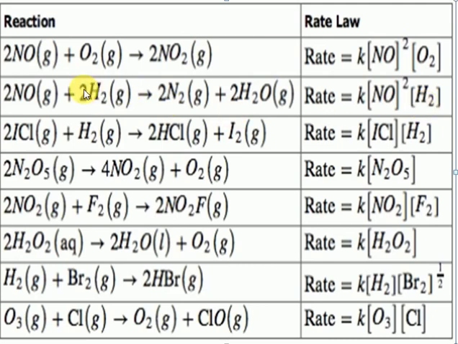I said very clearly, here 2 is there, but here 1 is there. I said very clearly, the order value may or may not be equal to the coefficient value. So what is the order? 2 plus 1 is a third order reaction. So suppose the rate of reaction is given. Now here this one is dependent upon second order reactions only.